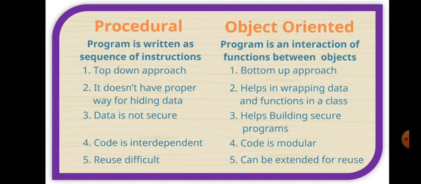Number four, coding is modular. Modular means what? Modular means cutting into small pieces. For example, in making of a bicycle, you have many spare parts. The cycle, the spokes, the handle, and then there are so many things that are available. So all these spare parts have to be assembled to make it as one object.